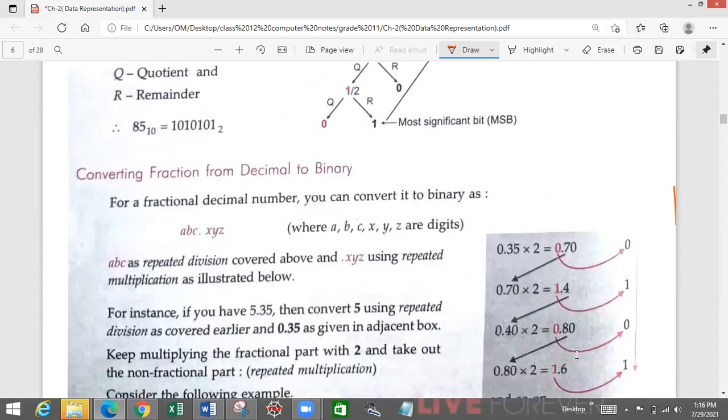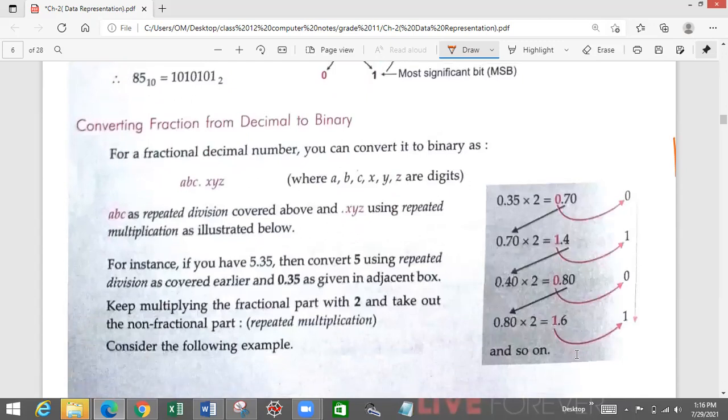Now suppose we have to convert a decimal number. We have a decimal fraction that I want to convert into binary. There the method will be multiplication and not division. Suppose my number is 5.35. So this 5 I will divide, and I will write 101. For this 0.35, see what is being done. This 0.35 will be multiplied by 2 and it is written 0.70. Since it is lesser than 1, I have written 0 here.